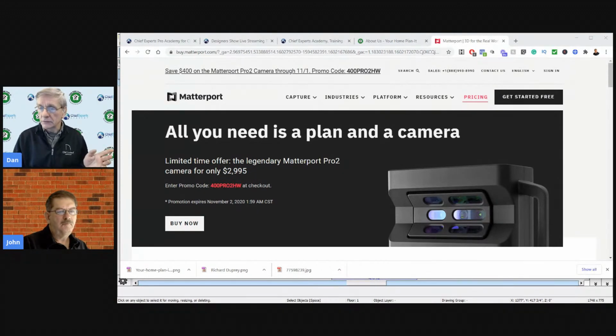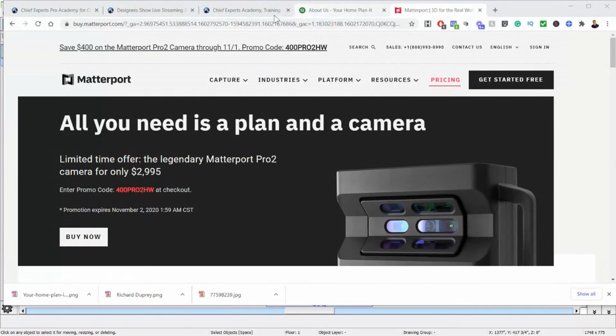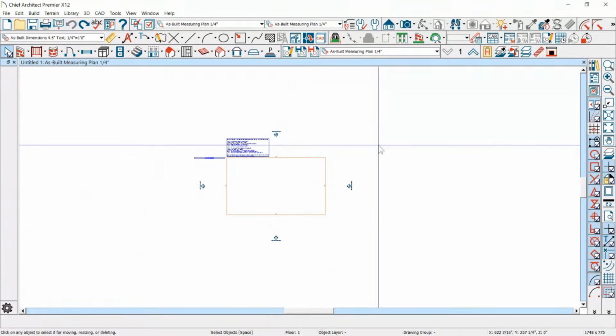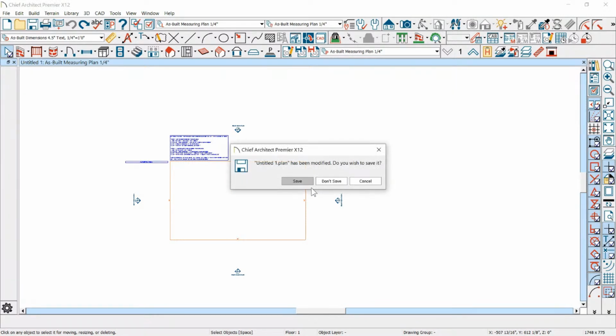Let's get into Chief for a second and let me talk a little bit about what I discovered, because I was showing you a bunch of things last week about how to bring these files into Chief Architect. Let me start a new plan and bring in one of the DWG imports. This is pretty cool because not only will you have the 3D model that you can walk through and measure from, as you would,